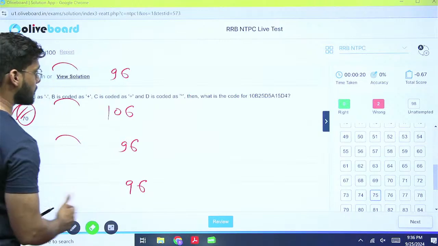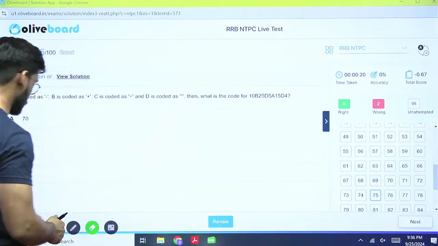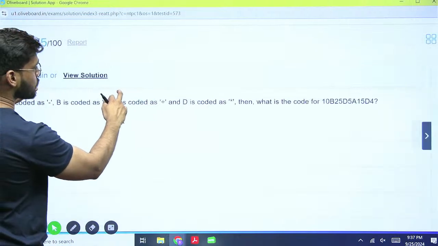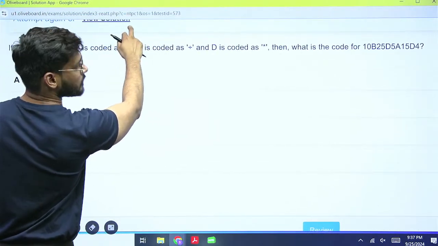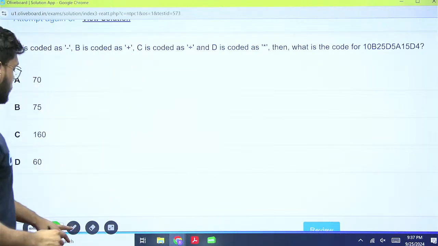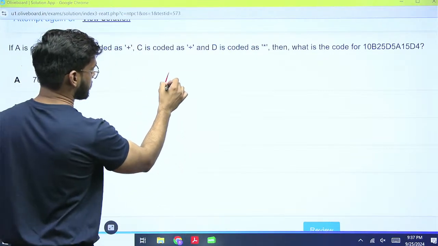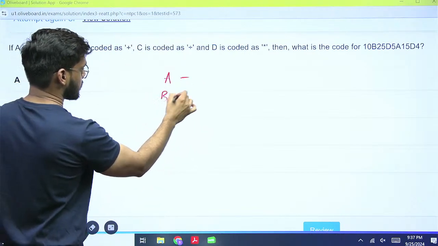This question is from mathematical operations. In mathematical operations, we have to use BODMAS. So let's see how we will use BODMAS. A is coded as minus, B is coded as plus,